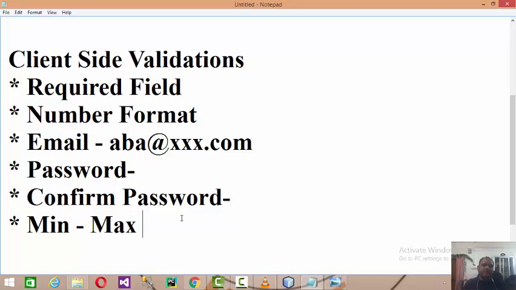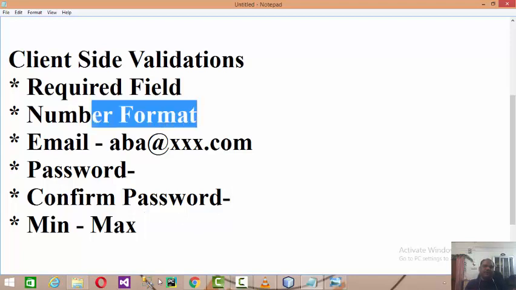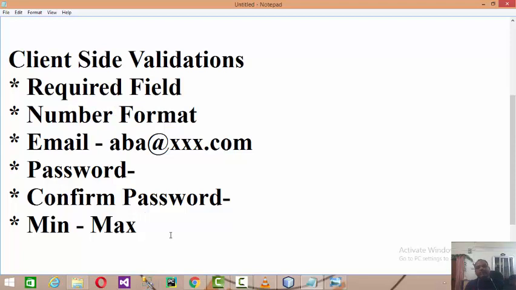At the same time, there is a minimum and maximum numeric range as well. Here we check the number format, but we also validate the minimum and maximum range allowed.